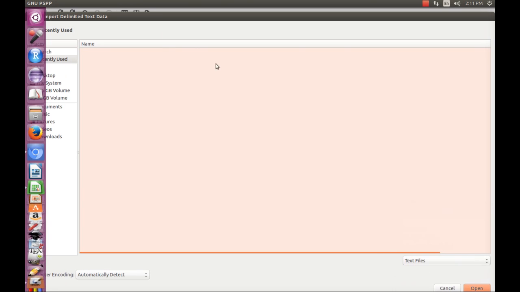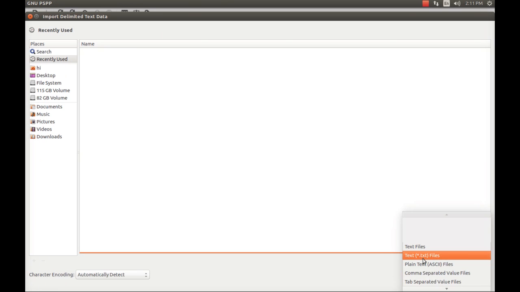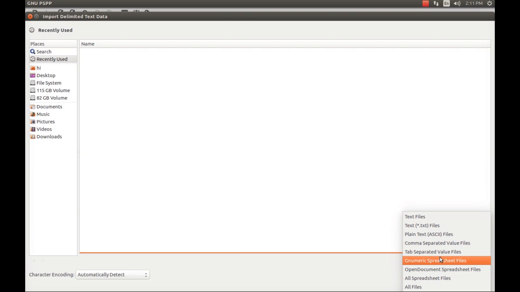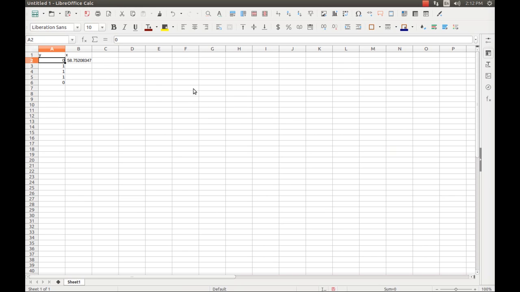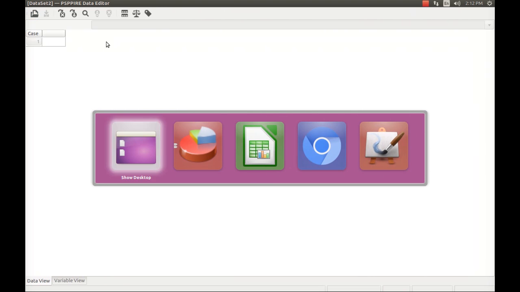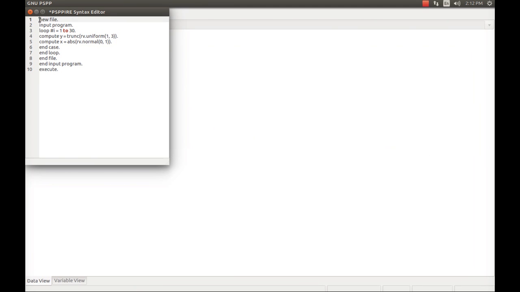PSPP also accepts a couple of other formats from certain other software applications, like text, numeric spreadsheets, or open document spreadsheet files, which is what OpenOffice Calc actually produces. So that way you need not convert the open document spreadsheet file into CSV or text file. But anyway, here I had written some code in syntax, so I'll just